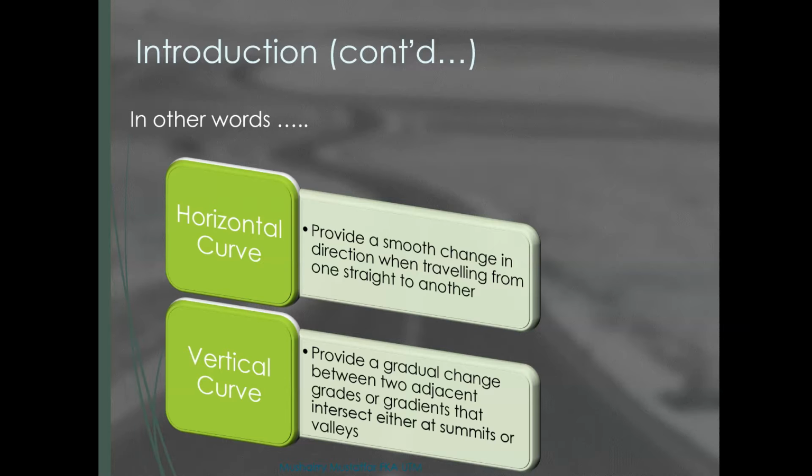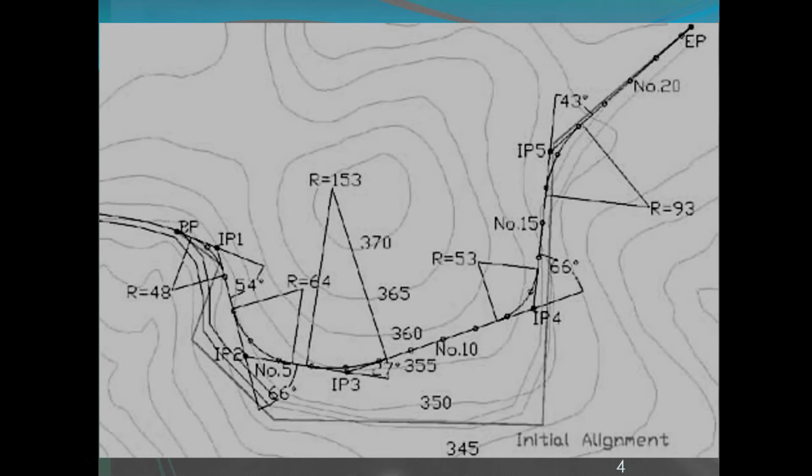That also applies to vertical curve. Imagine you're driving up a hill, and at the end of the hill there'll be a downhill. We still need some kind of curve at the top or at the bottom, depending on which way we're going, uphill or downhill. So we need a curve in the vertical plane, so that when we are traveling from one uphill to a downhill, our driving will be smooth.